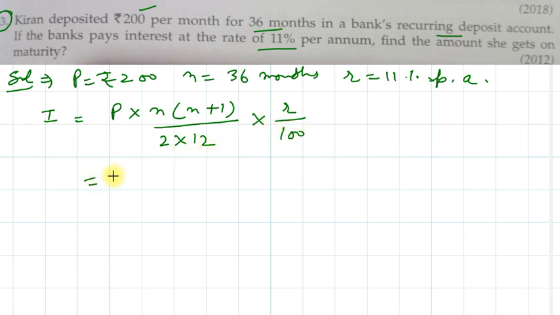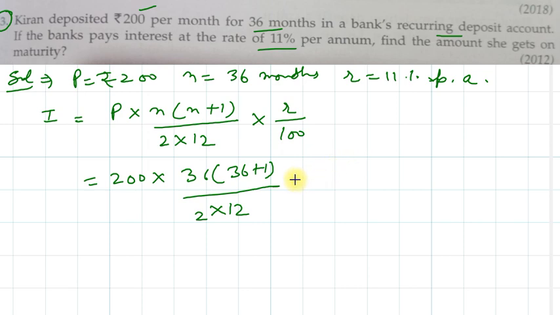So 200 into N is 36, 36 plus 1 upon 2 into 12. R is, so this got cancelled with this 2, 12 1 ja 12, 12 3 ja 36. So the equation has now become